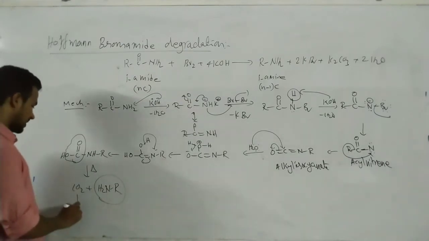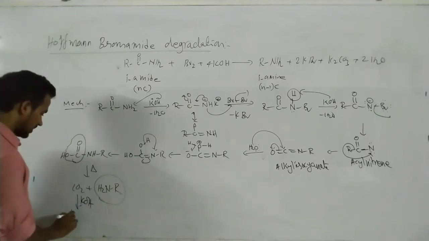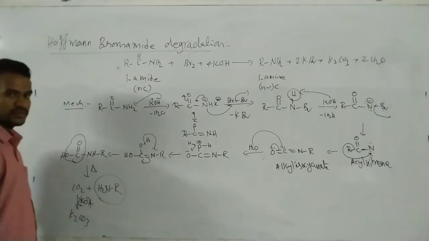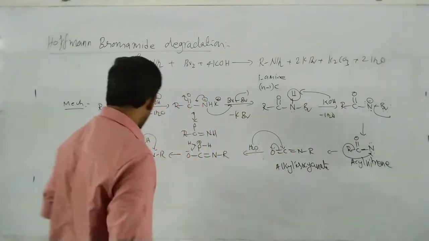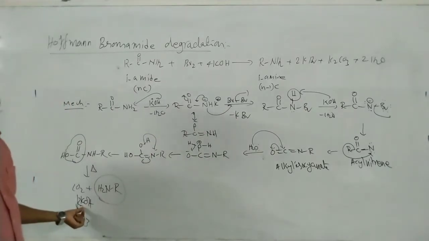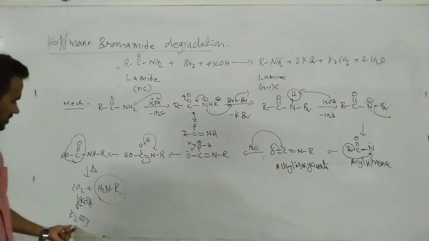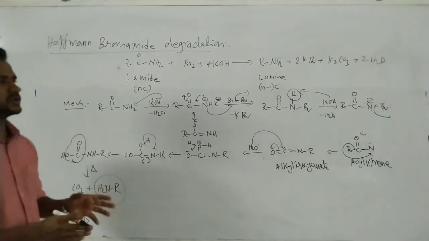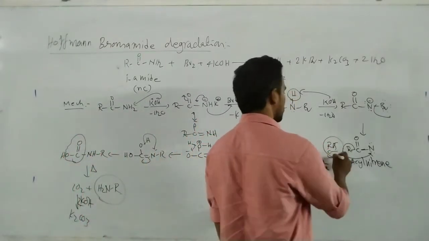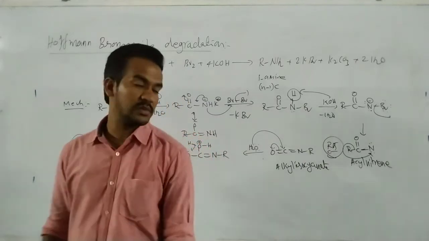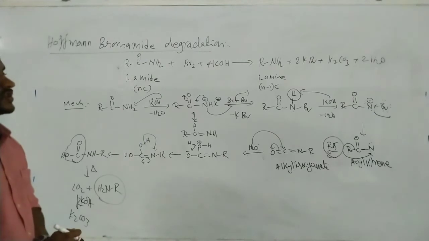Now here of course the aqueous KOH consumes another 2 moles of KOH, so that is converted to K2CO3. So actually here 1 mole of KOH, next 1 mole of KOH, and then 2 moles of KOH are further consumed because of the CO2. That CO2 combines with KOH and is converted to potassium carbonate. So in this reaction, the migration of the alkyl group is the rate determining step. That is the key step of this reaction.